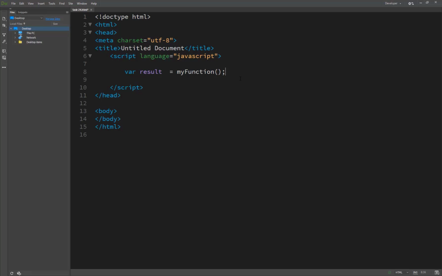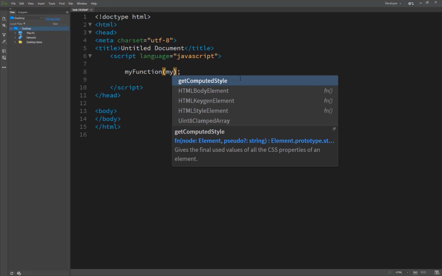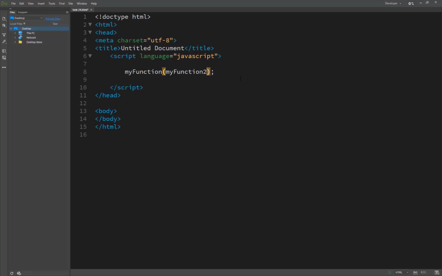Similarly, you could use the result of one function as an argument to another function. If I have two functions, I can write my function 2 inside the function. Basically, this is one function I have called, and inside it I have passed a function as an argument, so this is also right.